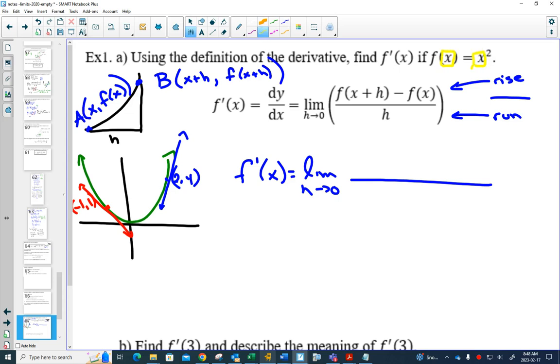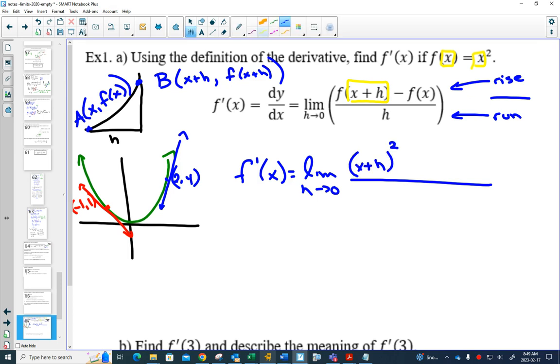The way that a function works, f of 1, you plug in 1 for x, even if there were lots of x's. f of 7, you would plug 7 in for x. Even if there was lots, f of w, you plug a w in for x. And so if we have f of x plus h, you would plug in x plus h for the x, and that would give you